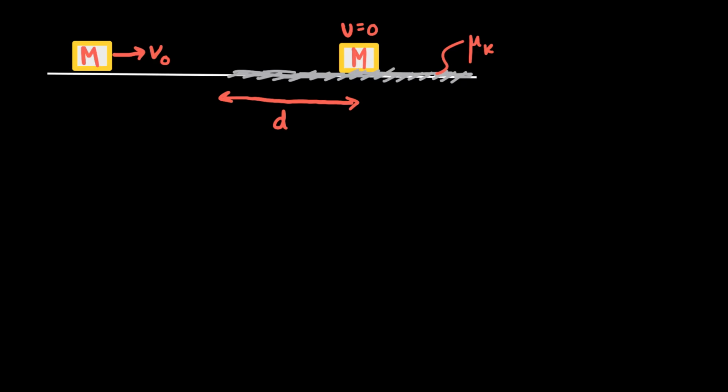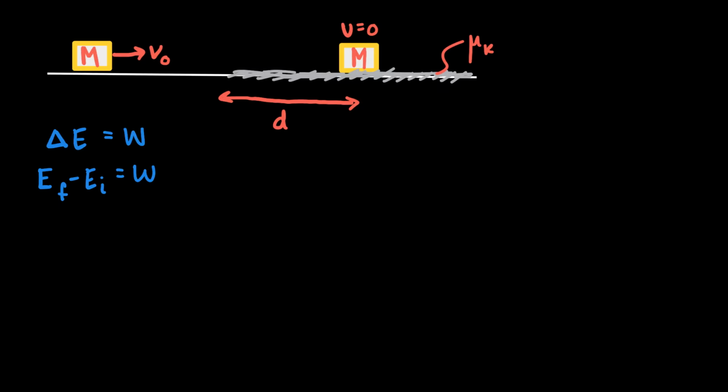I'd like to derive an expression for the distance that the box will travel on the rough surface before it comes to rest. In order to do this, I'm going to use conservation of energy. I know that the change in energy of this box must be equal to the work that is done on it. Change in energy is final energy minus initial energy